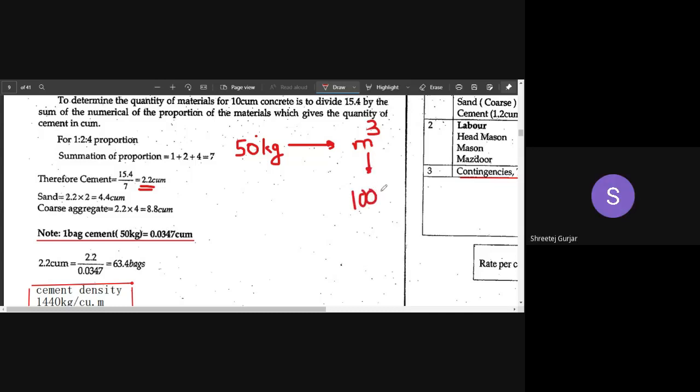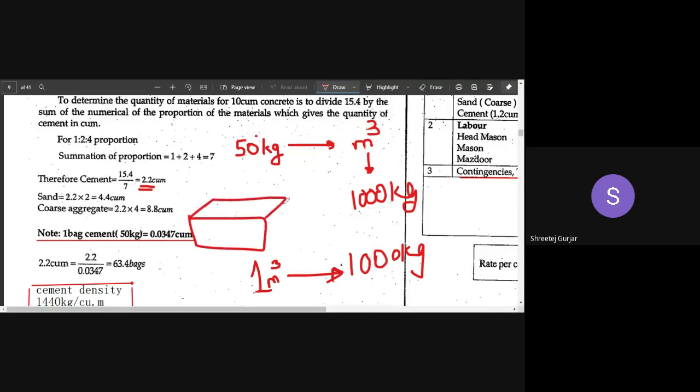How have you arrived at this 1000 kg? What of 1000 kgs are you telling me? This is water in 1 meter cube. In 1 meter cube of volume, you can contain 1000 kgs of water. That is nothing but a water tank. You can say in 1 meter cube we can store 1000 kgs, or we can store 1000 liters, right?